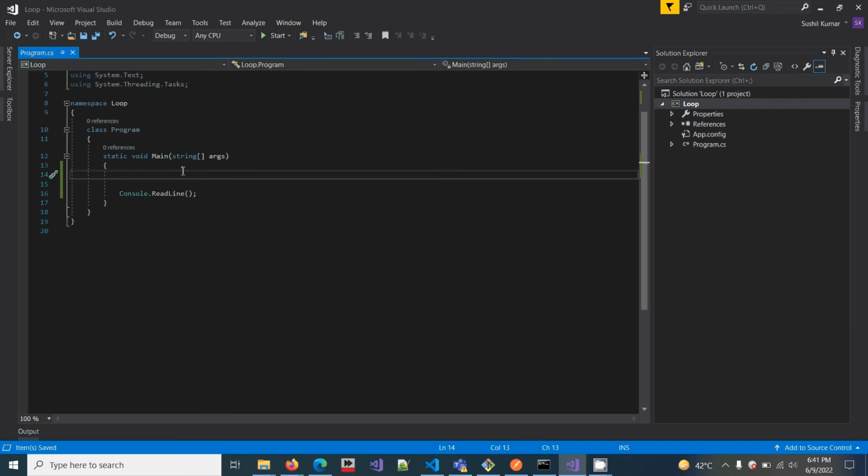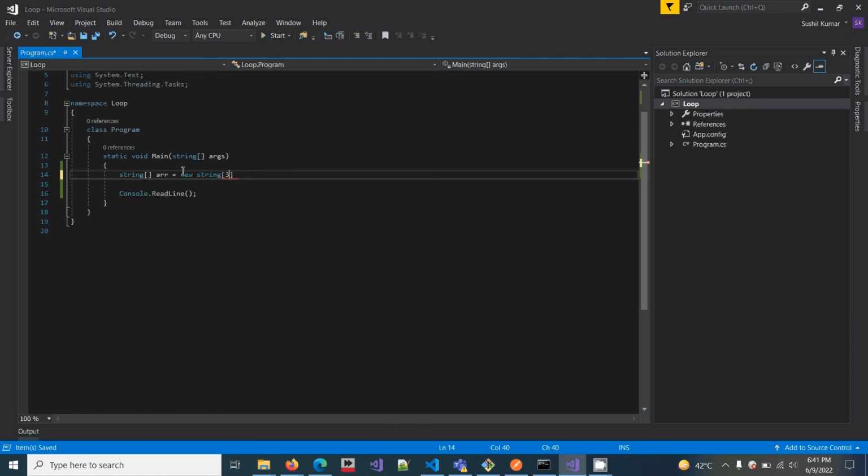We have a string type of array. To initialize an array, first the type of array, then the variable name, then new string type array, and size.